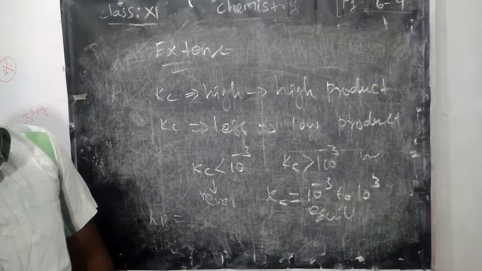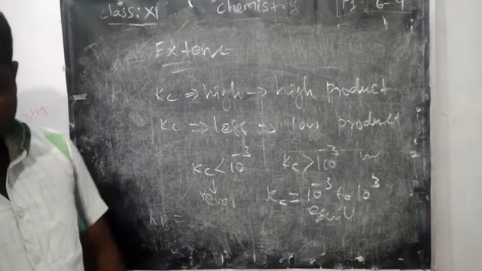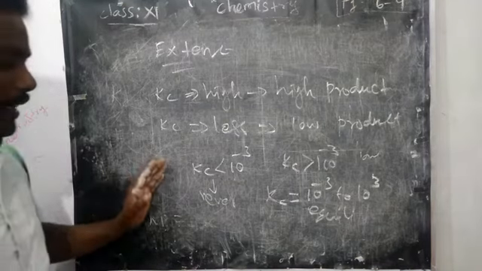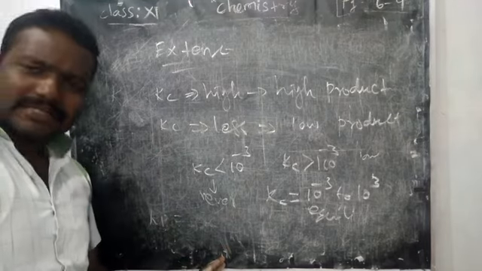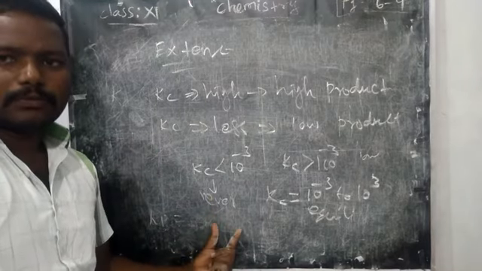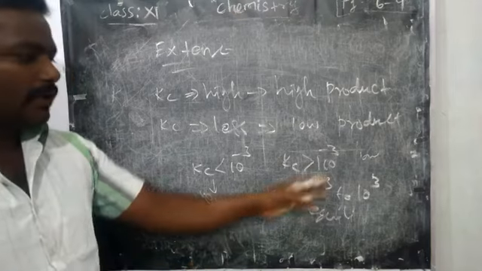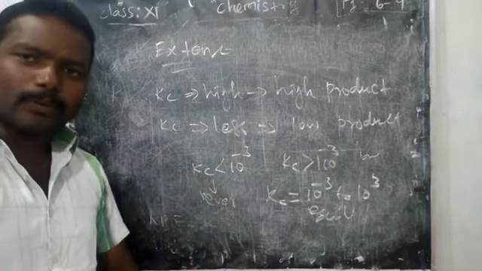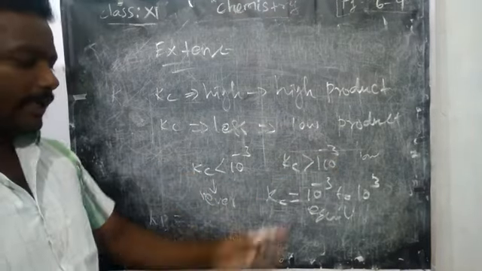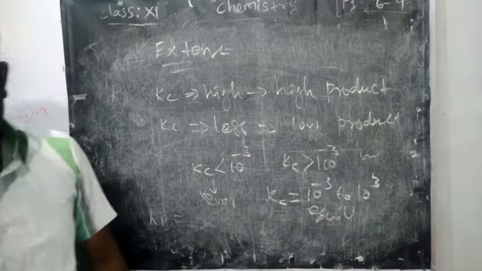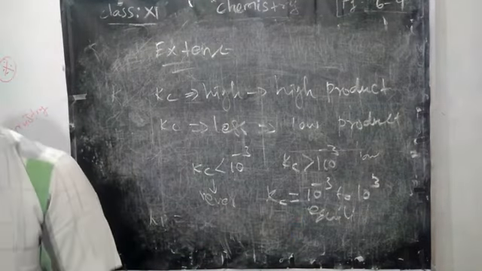At last we can say, for the extent of the reaction, the reaction will carry on for only a short time because it is not forming more product. It will take place for less time only. In the other case it will take a long time to reach equilibrium. Some examples are also given, we can learn that.